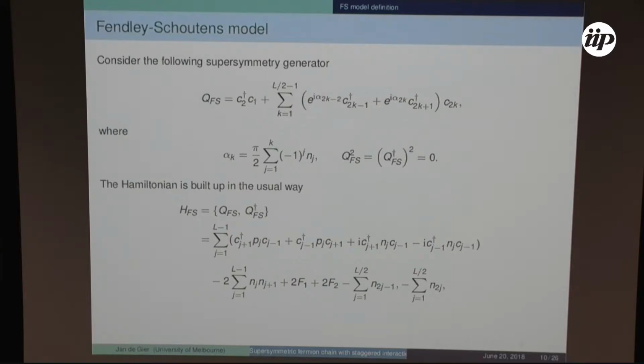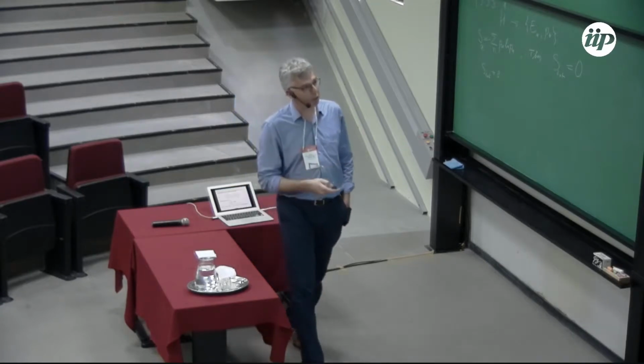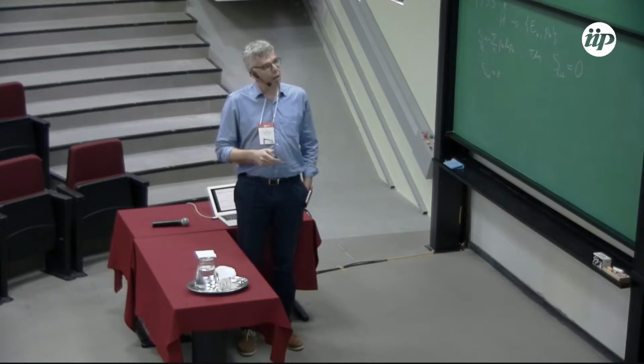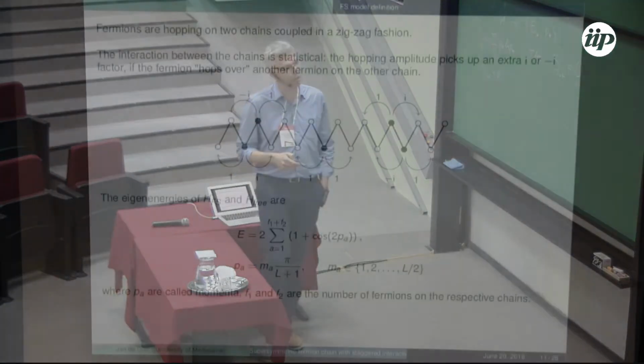But it had very similar properties. So that becomes important later on. So I want to say something. Maybe first I want to show you a picture. So what they did is consider two XX chains. So you have an XX chain at the top and an XX chain at the bottom,